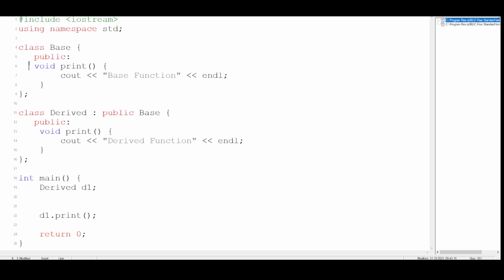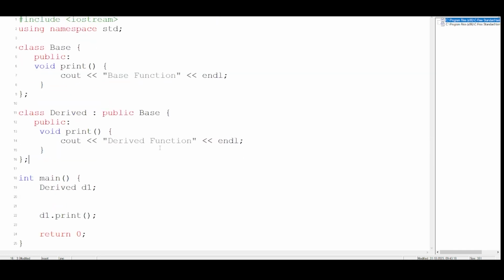So over here I have a program. It's a very simple program where I'm doing basic inheritance. I made a class over here. The class name is base, and inside here I have a function print. I'm simply printing "it's a base function". Next I derive a derived class from the public of base, that is, everything in this particular class will be inherited. Inside here I also have the same function name, as you can see, so polymorphism. And here I have also printed one line, which is the derived function.